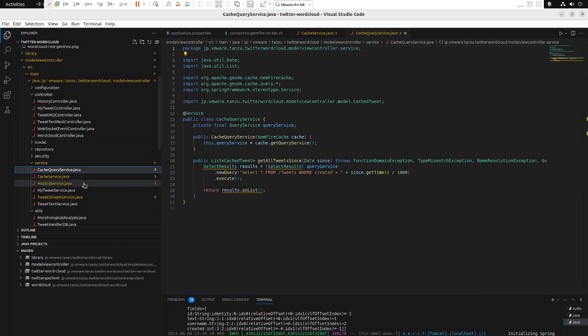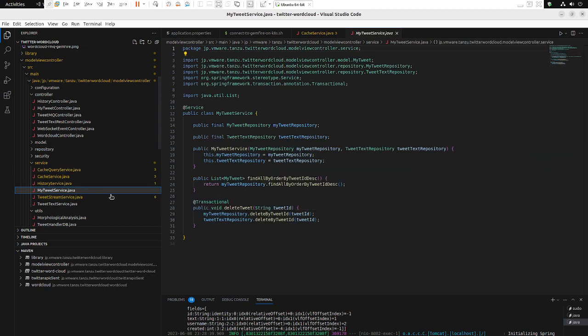Besides, under utils we've got a collection of static functions serving different purposes, such as lexical analysis and Twitter-related stuff. Because the whole application is stateless, which is one of the 12-factor app principles, our Twitter workload can scale to hundreds of replicas. Now we are at the end of our presentation, and I hope you enjoyed it.